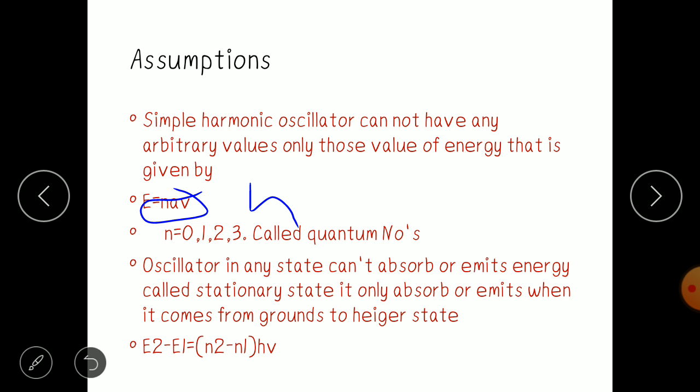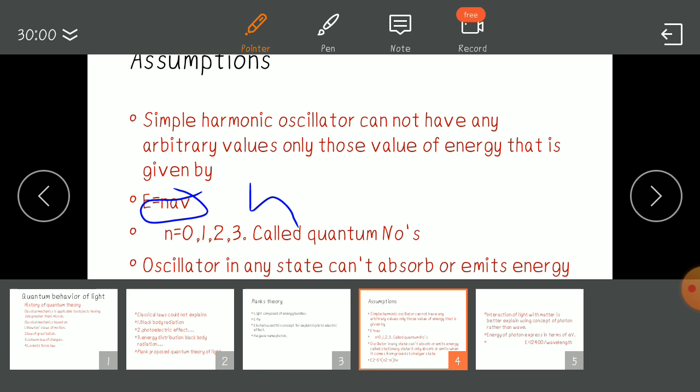If E2 is the energy of the higher state and E1 is the energy of the lower state, then E2 minus E1, the energy difference, is given by (n2 minus n1) into h into nu, okay. So that is the difference between the two states, okay. Now